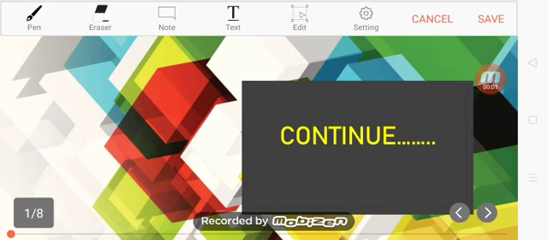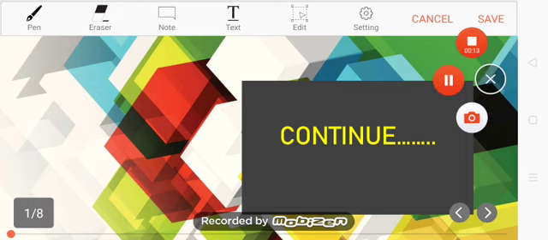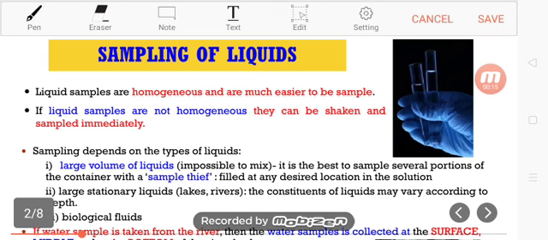Hi everyone. Today I will talk about sampling of liquid and gases, sample storage and preservation, preparing a laboratory sample, and replicate sample. Proceed. For sampling of liquid